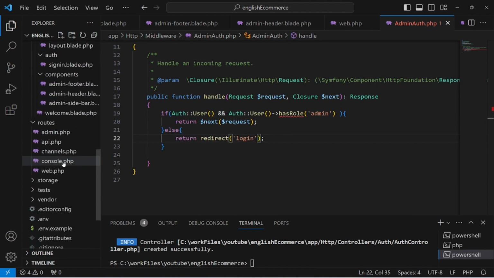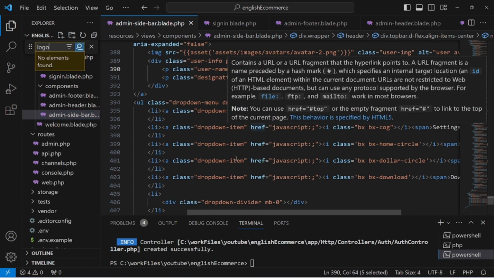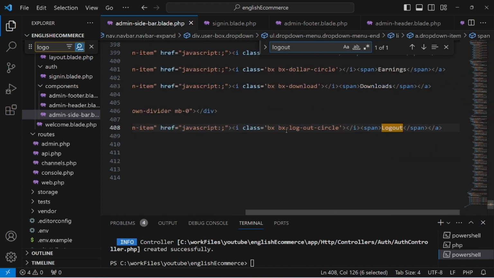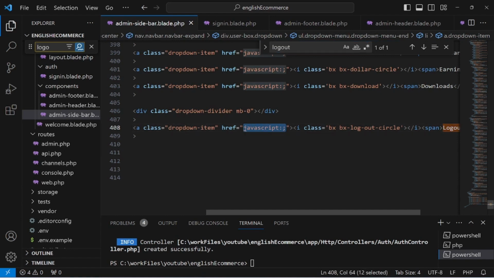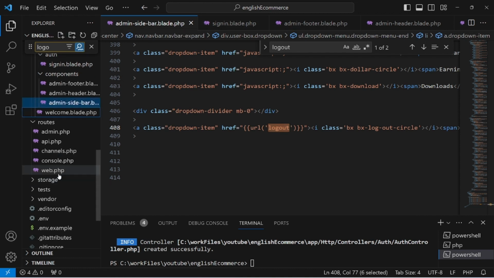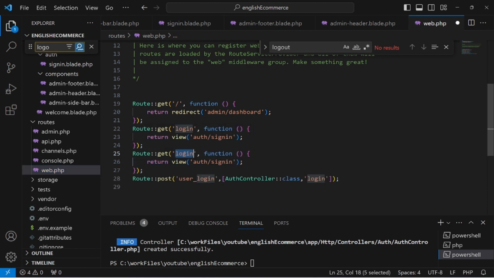Go inside sidebar, just search for the, sorry, here search for the logout, here it is logout, yes, simply write logout, save it, copy, and sign in page, sorry, I will just copy this. If I'm getting any logout,